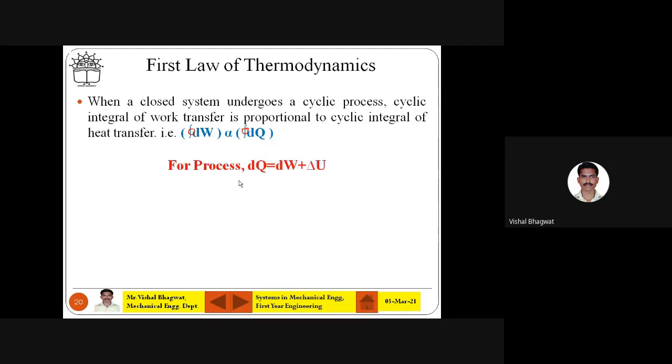Okay. Another way you can represent this, for the normal process: dq, the change in heat transfer, is equal to dw, the change in work, plus the change in internal energy of the body. You might have learned this earlier in your 11th or 12th standard, or maybe prior to that. Is it okay? So dq is equal to dw plus delta u, where delta u is the change in internal energy. Always you measure dw and dq, not w and q. That means you require at least two states, 1 and 2, so that you get a difference between w, and a difference between q.